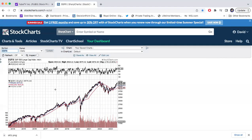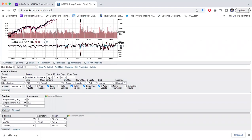We're getting into that September, October period, in a month or two, where you often do see corrections and whatnot. So we're going to quickly take a look at this. This is going to be a quick one today. So this is the longer term S&P. What I really wanted to show you is that we're actually going to go back